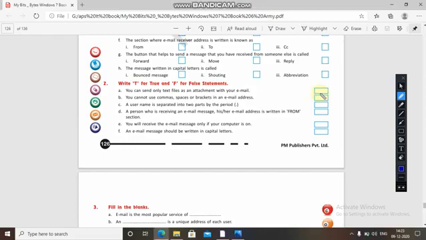No, it's false, because we can send photos, audio, documents also with email. You cannot use commas, spaces, or brackets in an email address. Yes, it's true. We can't use these. We can use underscore or hyphen. The username is separated into two parts by the period.